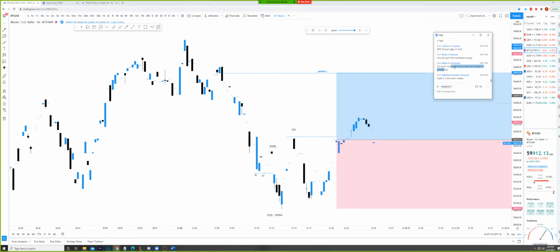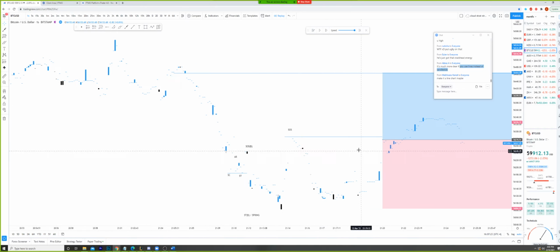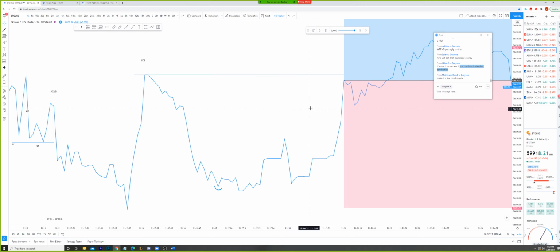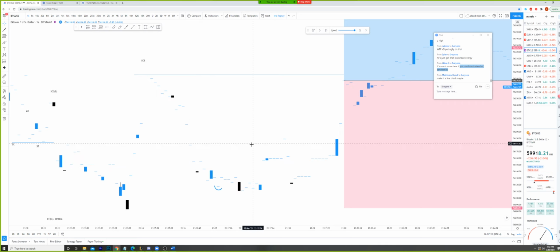So it's beautiful. It's much more clear if you use lines instead of candlesticks. Oh yeah, let's take a look at that real quick. Maybe it can help some of you that are working on your Wyckoff skills. Let's take a look at this. Nah, I like the little lines. I see it all with the lines.